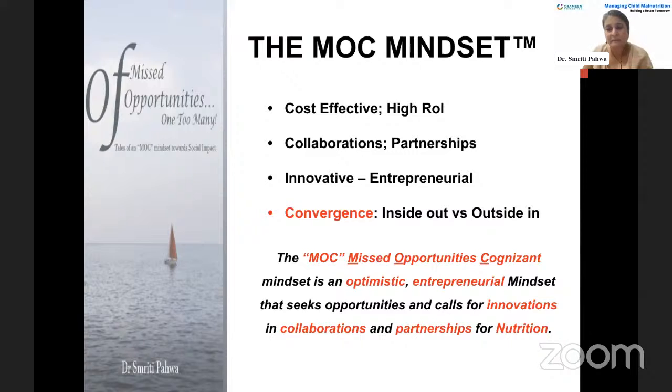And sometimes I explain the missed opportunities cognizant mindset by saying it is convergence inside out, in the sense that it is not a third party or an outer force that is bringing people together. We all know the advantages, but also the perils and the challenges of convergence and collaborations and partnerships and interdisciplinary talks. But I think the MOC mindset has helped in the projects that I'm going to share with you, bring out this analysis and have this reflective space that, okay, these opportunities exist. We can't do it all, but how can we consciously make an effort to seek out partnerships,